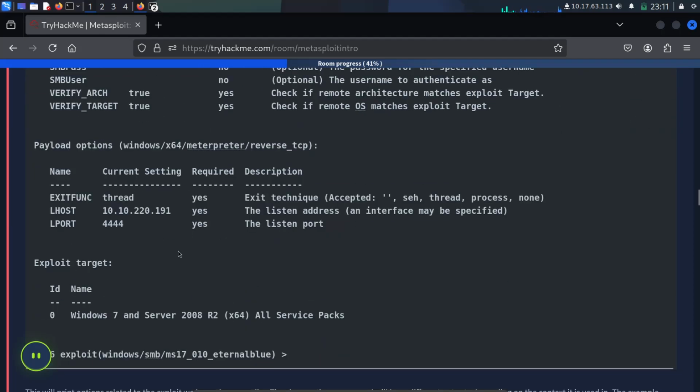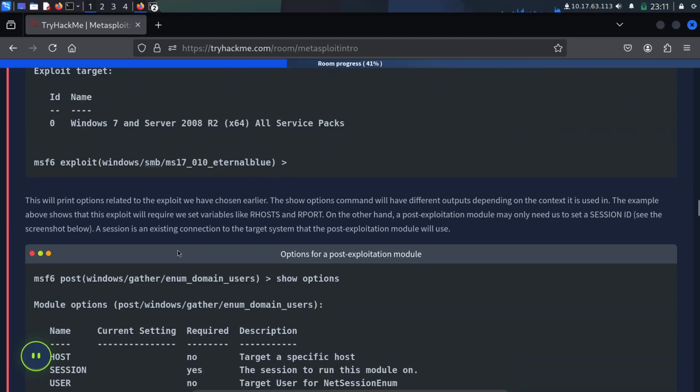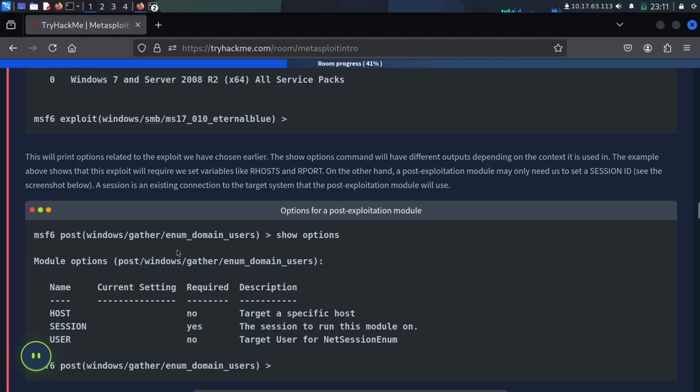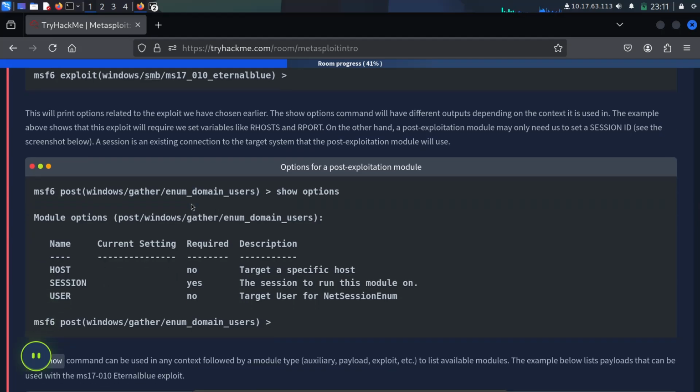Like this, you can try it. This will print options related to the exploit we have chosen earlier.